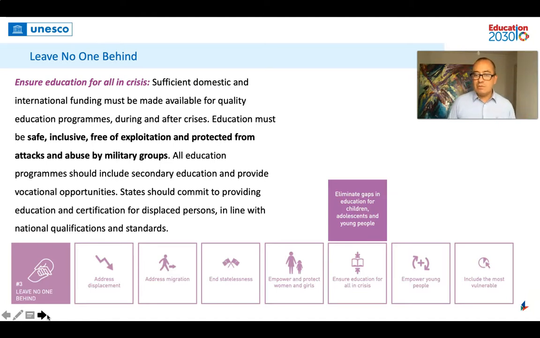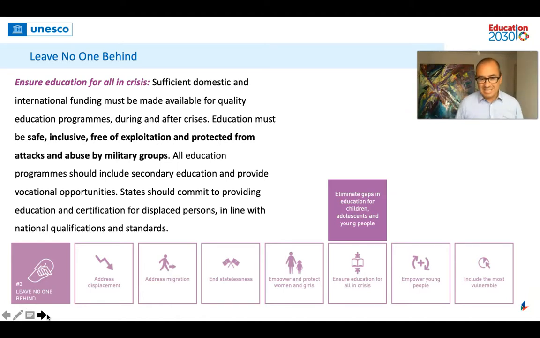And that means that we will need to eliminate those gaps in education for children, adolescents, and young people, and that we need to secure that education is safe, inclusive, free of exploitation, and protected from attacks and abuse of military groups in the case of conflict, but also safe and inclusive in the case of specific disasters and emergency situations. So this is something that we need to have in mind when we are talking about the humanitarian part of